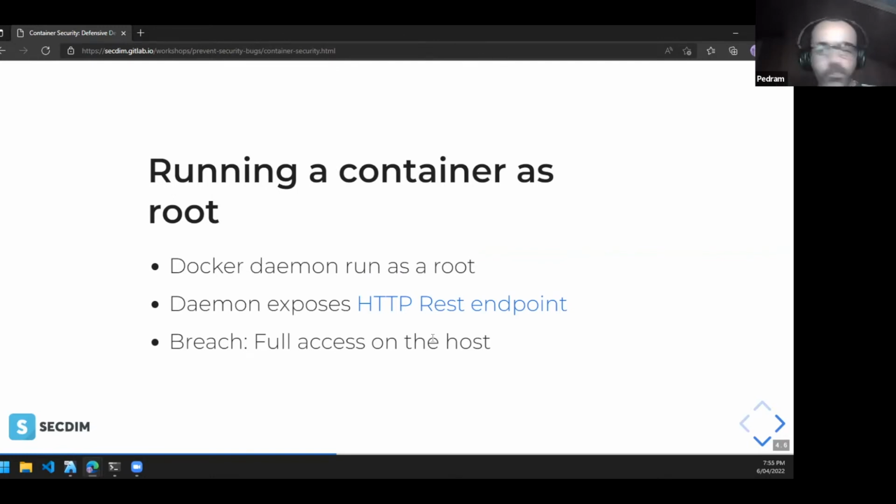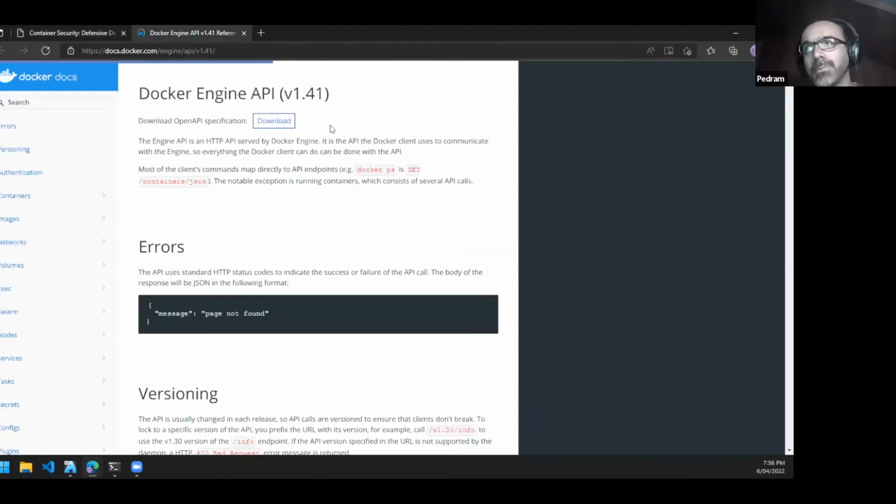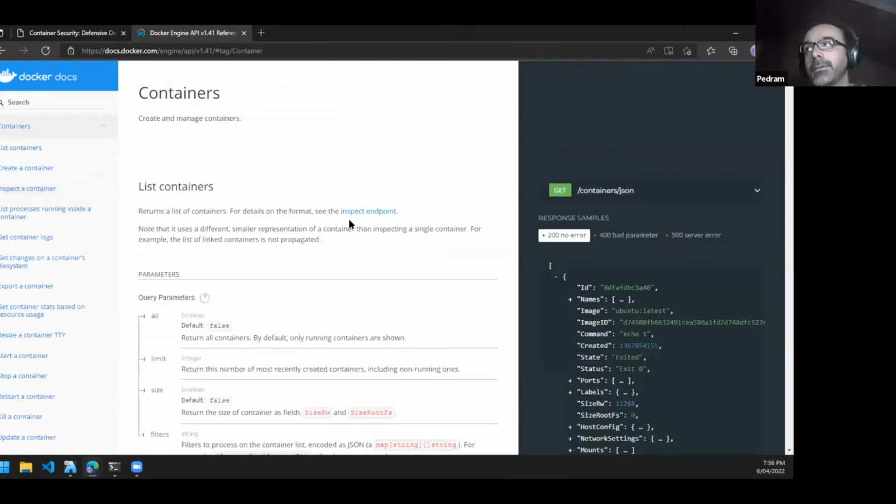One thing that would be interesting for you to know is this: Docker is effectively a client and server service, and it actually has an HTTP endpoint. The Docker CLI that we are running just makes an HTTP call to this server, which is normally exposed on a specific port, and by default on Linux on a socket. But we are talking about HTTP here. So is that bad? It can be very bad. Why? Because if this Docker service or daemon is exposed